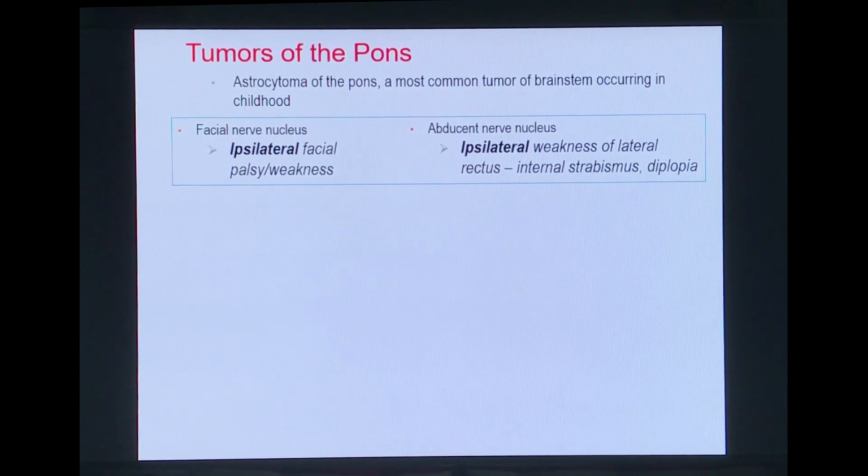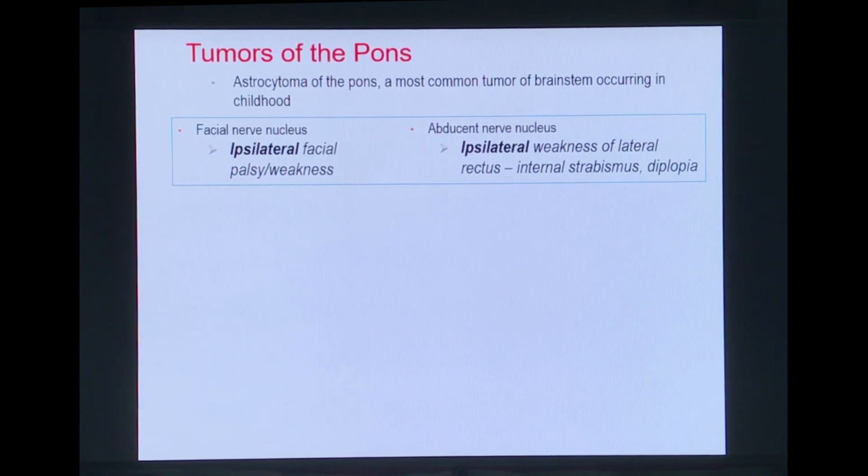Whenever you ask the patient to look towards an object, the lateral rectus is affected, so the eyeball will be directed inwards. The patient will have difficulty moving the eyeball outwards, and always the eyeball will be in the inward direction. That's called internal strabismus,